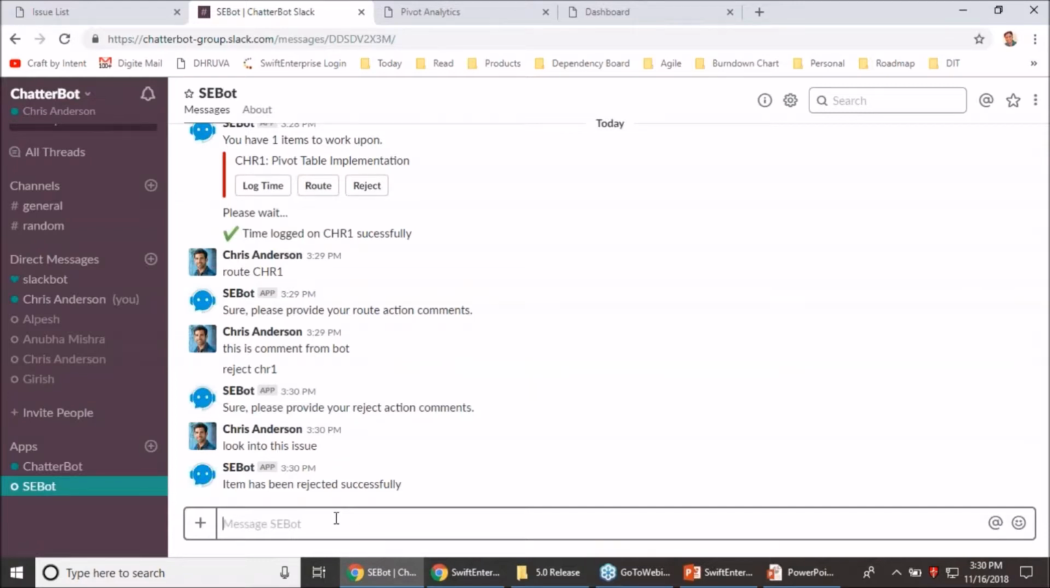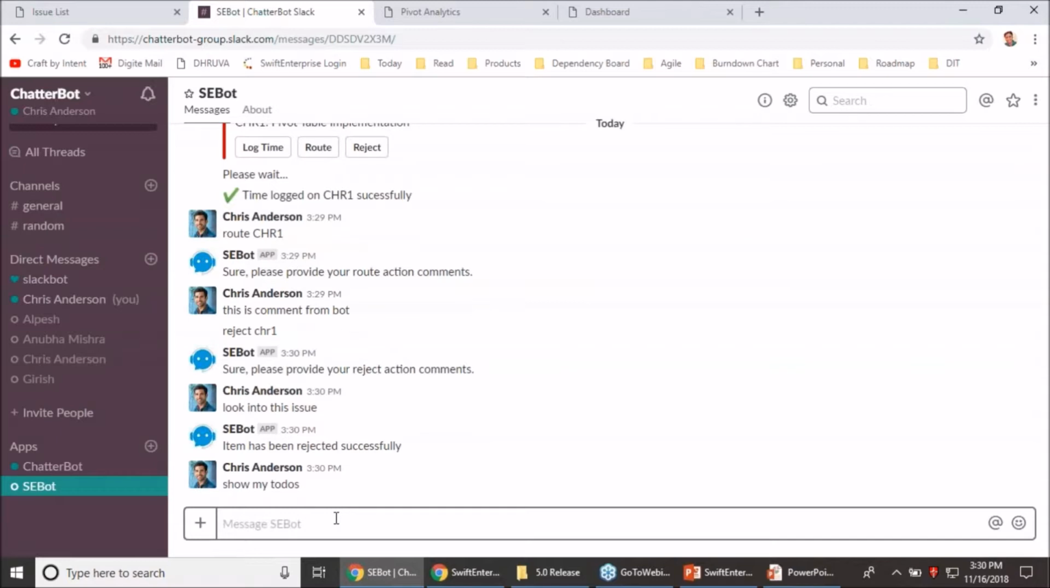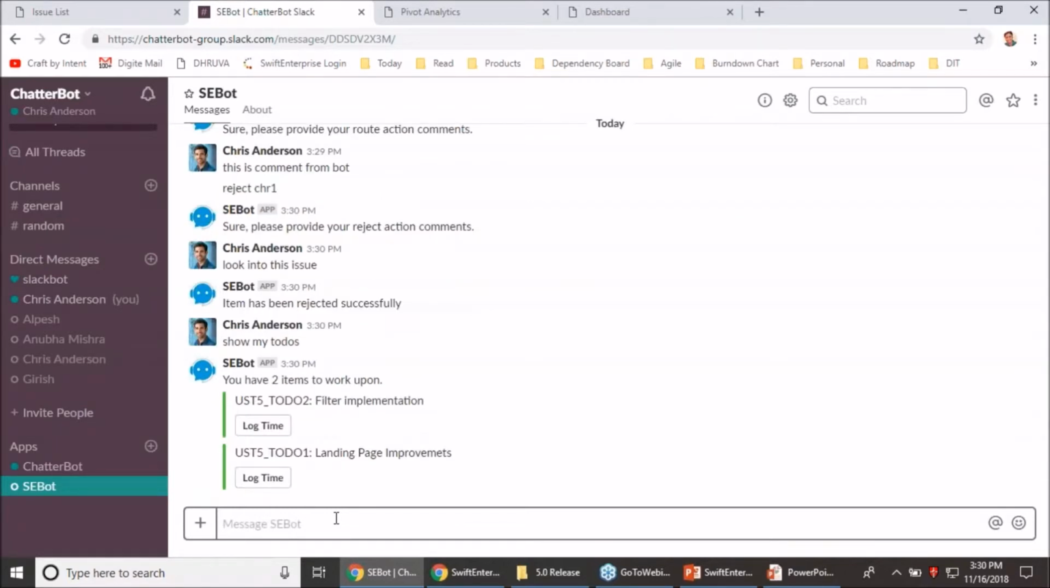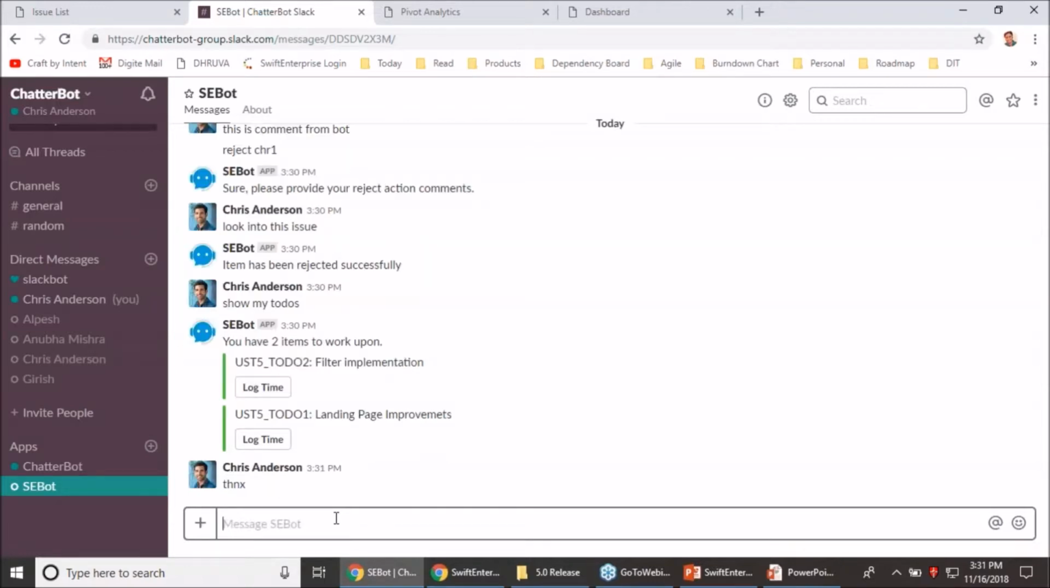And apart from this, I can also look for, say, show my to-dos, and it will enlist all the to-dos in my inbox so that I can log time on them as well. And finally, once I'm done with the conversation, I can always converse in a way wherein